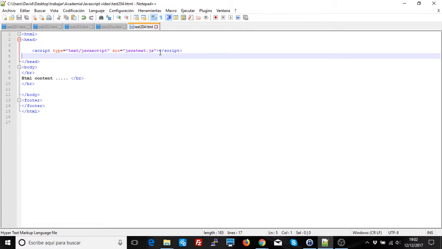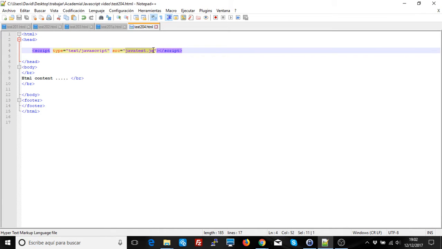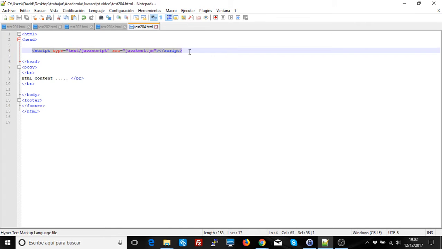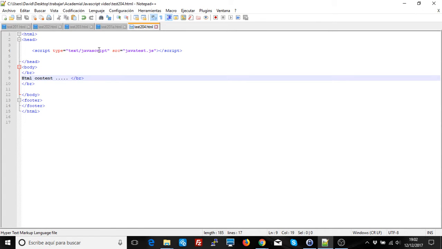advantage, which is that this file could be loaded from several web pages. Including some scripts on one page makes it difficult to share libraries or share functions, whereas if you include them in files, it's easy to share them between different web pages. So this solution is great. Again, we have the problem that it will delay. It has to read this whole thing before it loads the content, but